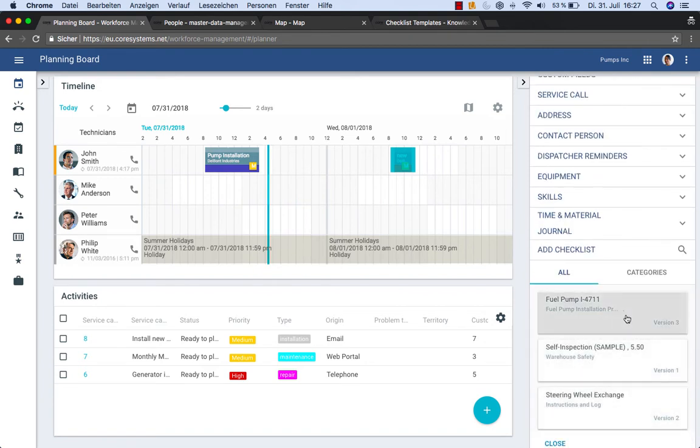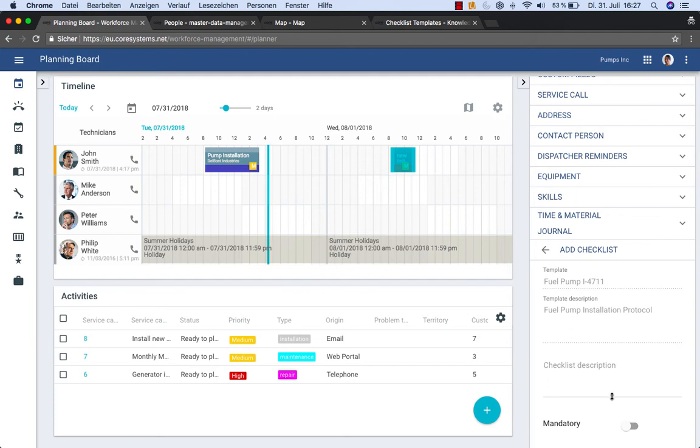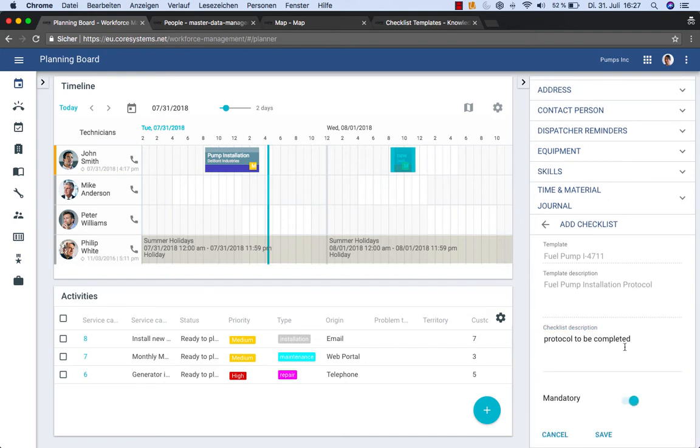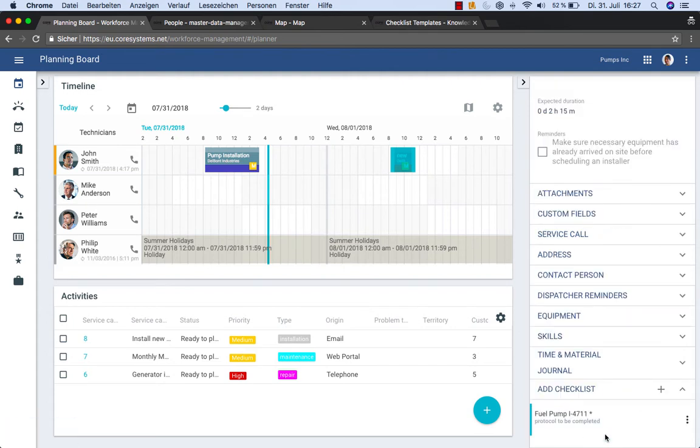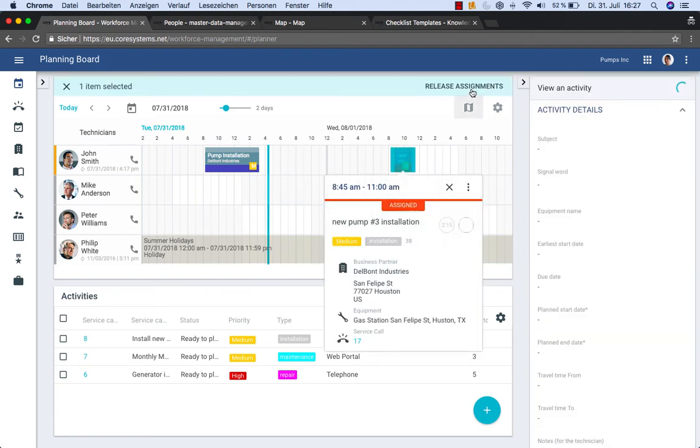And here there's the fuel pump installation protocol, which is the protocol to be completed. It's mandatory, we say, so the service technician cannot complete the service order without having completed the checklist. That's useful. So now we have done everything which is necessary, so we can select this and say we release